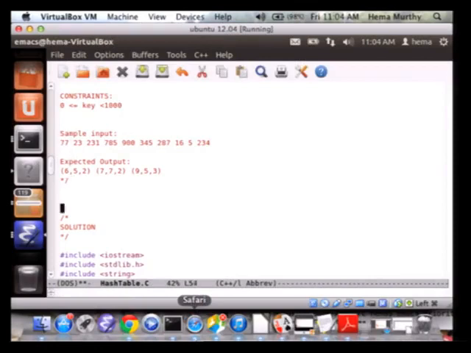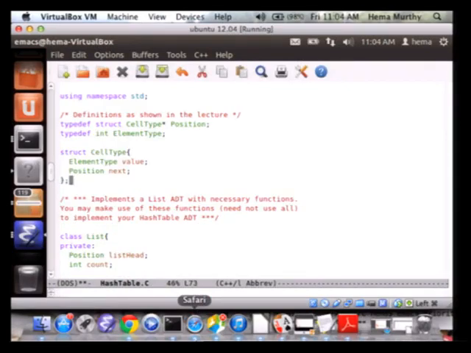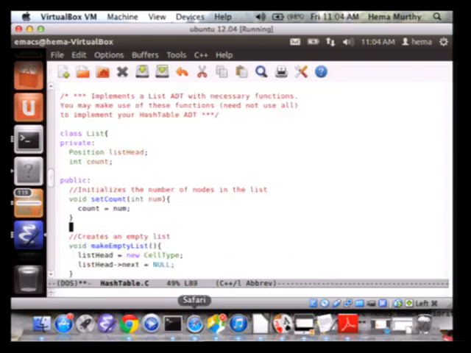Okay, so let us look at a solution to this particular program. This is similar to the ADT that was done in the lectures on the list. You have a linked list representation here, and a position that points to the list head. In addition, a new variable called count has been defined in the list, which gives you the number of elements in the list.